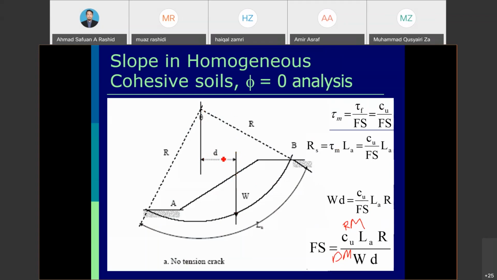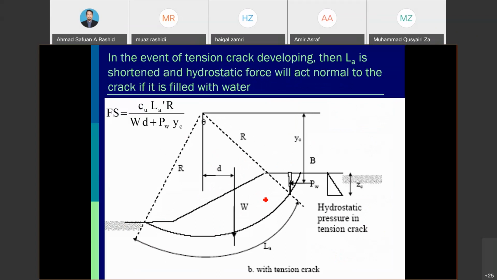Normally it is provided. It is very difficult for you to guess what the moment arm is for this particular slope block. So that is for the case without tension crack. Now this one is with a tension crack. The first part, your L has been reduced to the effective L value. Kalau sebelum ni dia akan pergi sampai ke top, so dia akan dapat separuh saja, certain length, based on this theta value.